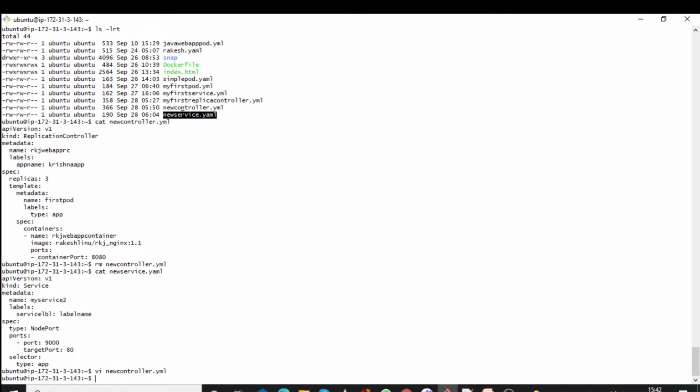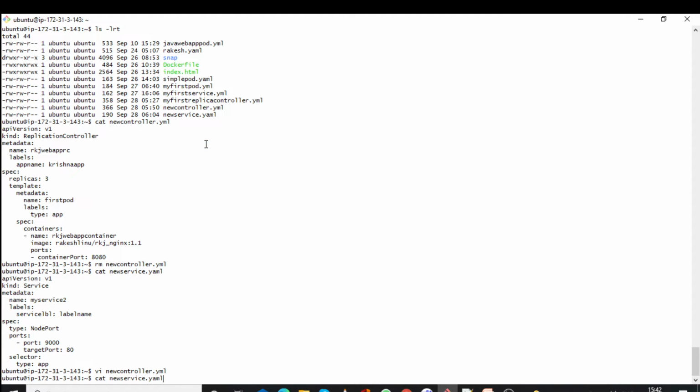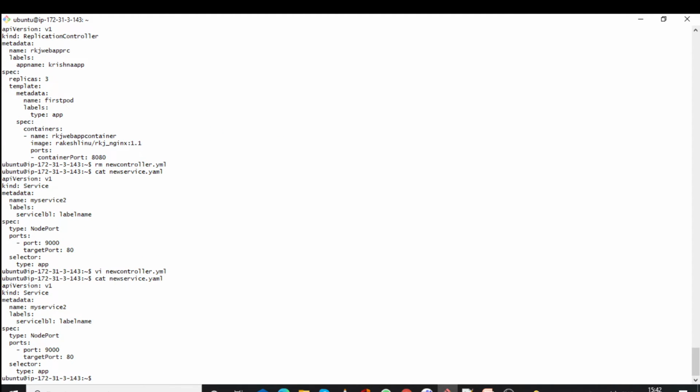Next we will have to create a service for that also. Service type will be NodePort.